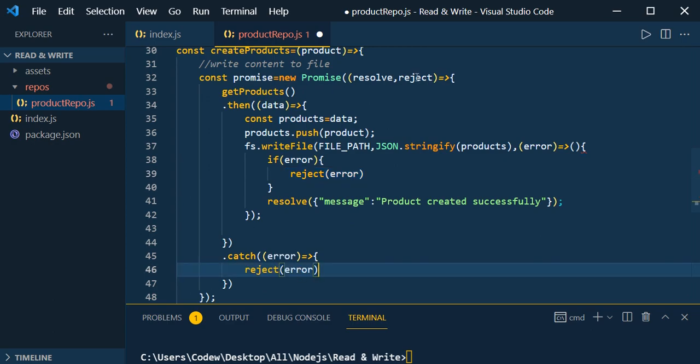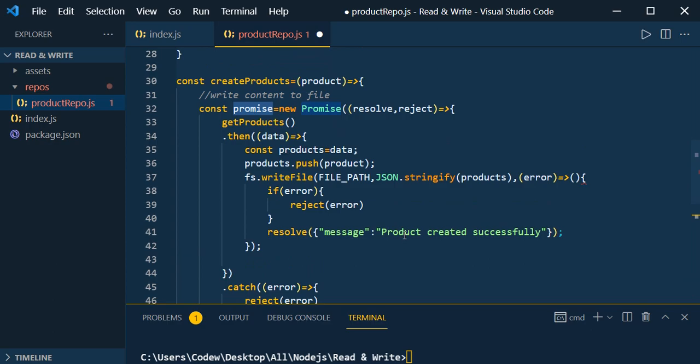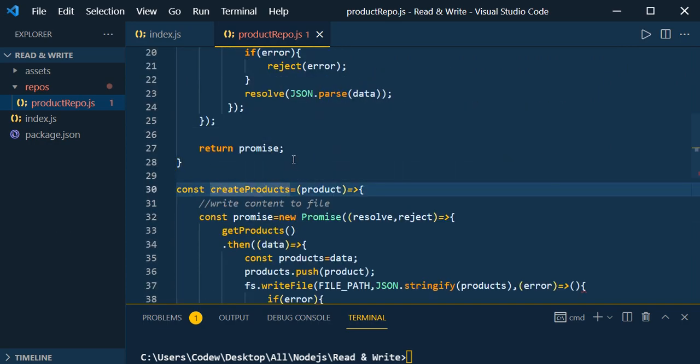If there is any error while reading the file, that error we are going to catch here. And now this code is very simple. First we are reading the JSON array, and after that we are pushing the product to the JSON array, and then we are writing that to the JSON file.